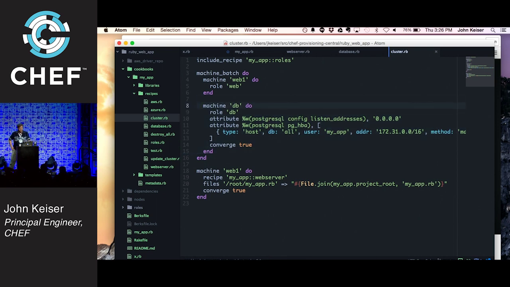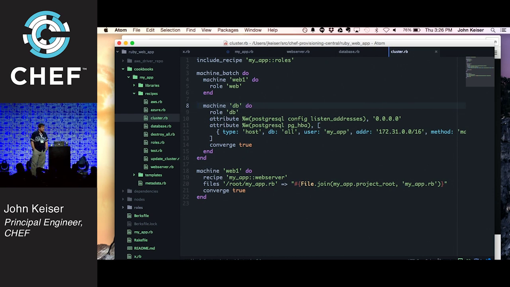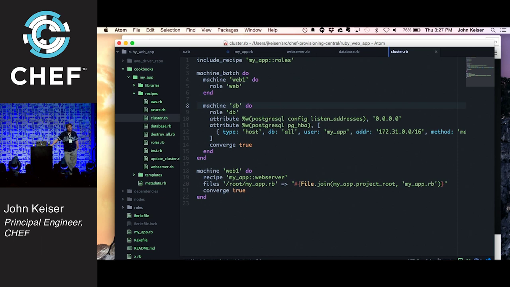And so there's a few interesting things you can see about this recipe. You can see that these two machines, we've already talked about how they work. We've set roles on them. We've set some attributes on them. And we also did a curious thing. We put it in a machine batch. That's another resource that's provided by provisioning that will let you create a whole set of machines in your cluster in parallel. So if you're going to create 100 web servers and 2 databases, you can put them all in